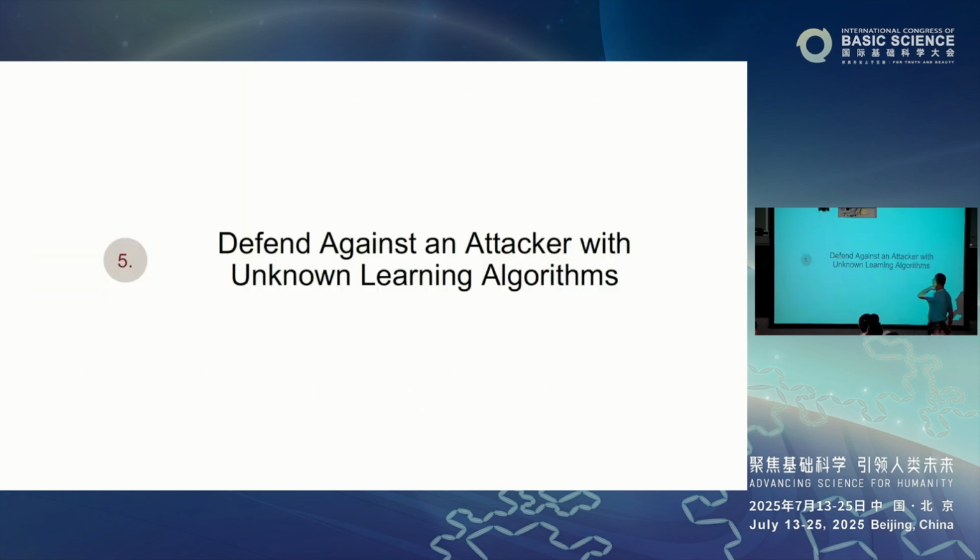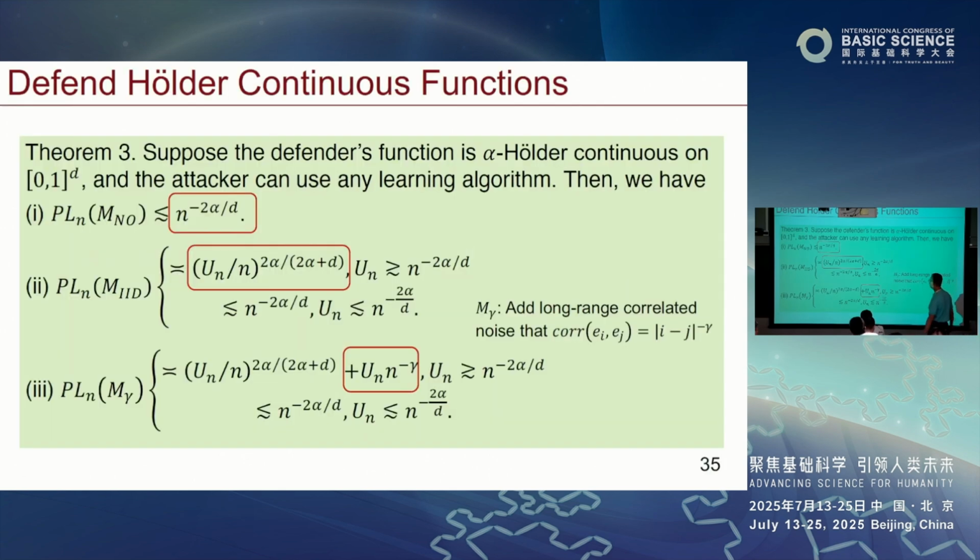So now, suppose you don't know what the attacker will do in their learning algorithm. That's completely unknown to us. So in this case, again, no defense. We have the same upper bound for the privacy level. And for ID noising, it really depends. If the utility level is up to a certain level, then we have that earlier formula. But if it's too small, then it pretty much goes back to the no noise case, as you can imagine.